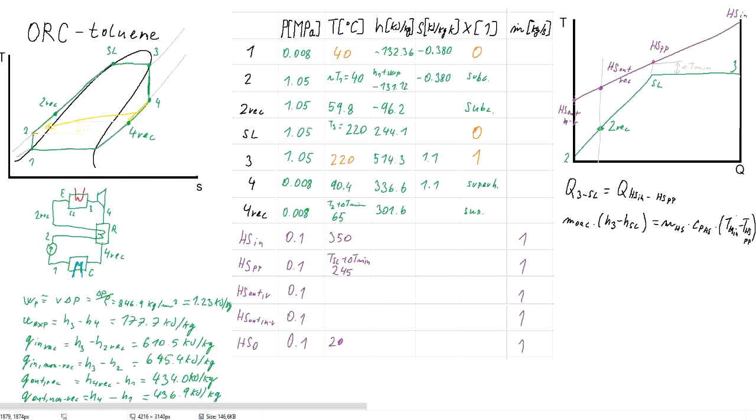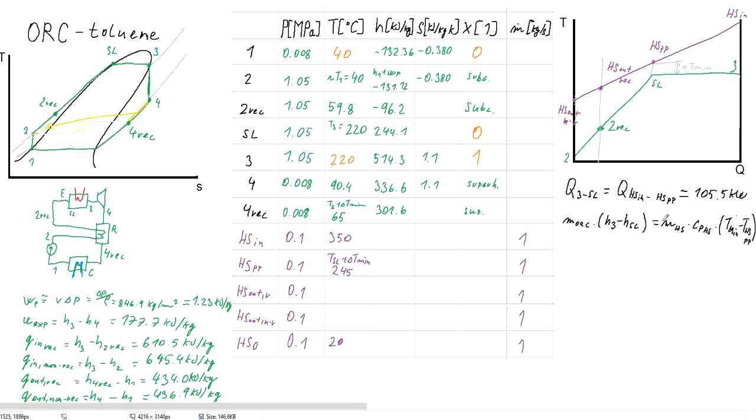So because the temperature levels of the heat source are the same as before, the heat transfer to the pinch point stays the same from the previous example as 105.5 kilowatts,